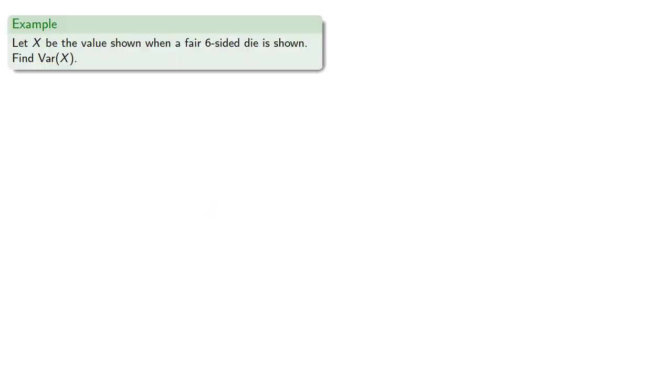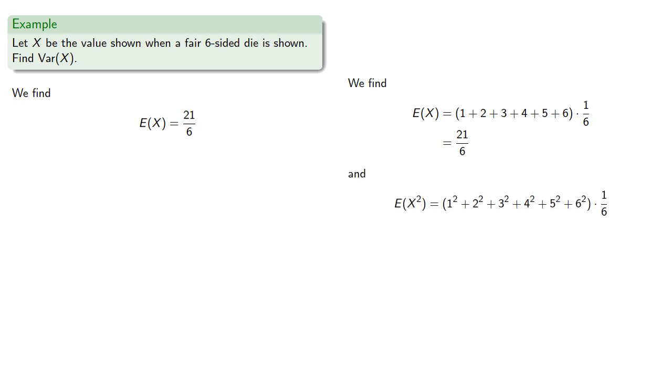So let's find the variance when we roll a six-sided die. We've already calculated the expected value, but let's go ahead and put down that computation just to see how we would immediately be able to calculate the expected value of the square. So again, our possible values are 1 through 6, each with probability 1/6. So the expected value of x will be, and for the expected value of x squared, we'll just square those outcomes and get, and so our variance is going to be the difference between the expected value of x squared, 91/6, and the square of the expected value, 21/6. And so we get,